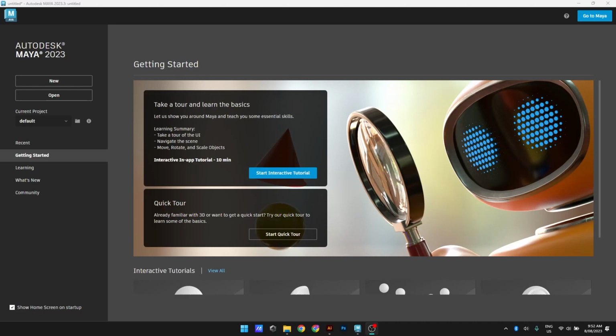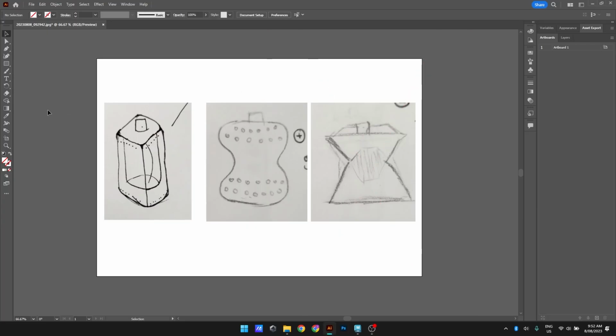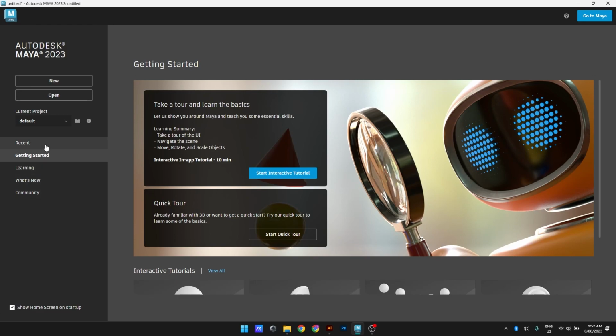So today I'm going to run through some development of concepts using Maya, taking these couple of sketches from Generation of Ideas and creating some 3D models. So in Maya, the first thing we're going to do when we start a new project is click New to